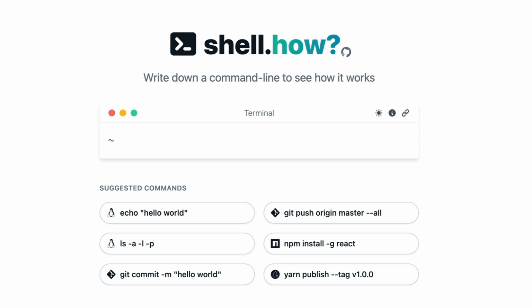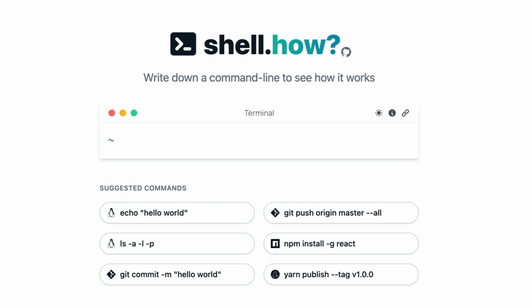Because right now, instead of just copying and pasting a command, you can copy and paste it here, and then you can understand what a shell command does. This website, shell.how, is going to help you massively in improving your knowledge about why and what a command does. In this video, I'm going to give you a quick walkthrough of how this website works and how you can leverage it to improve your shell or terminal knowledge, whatever you use.